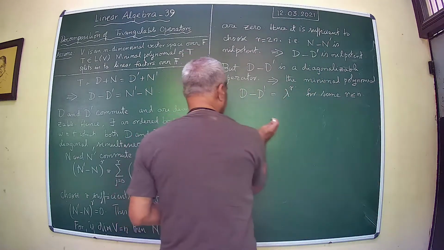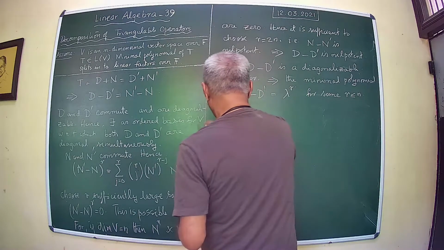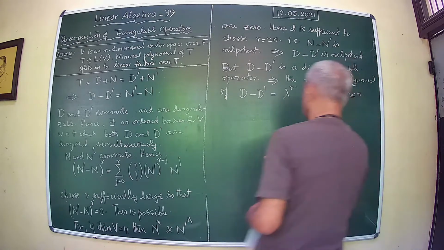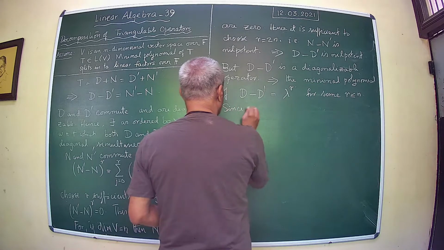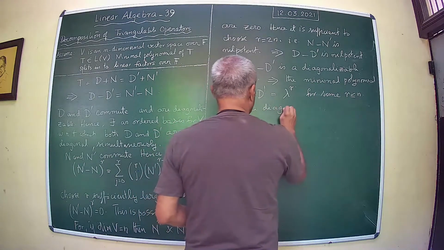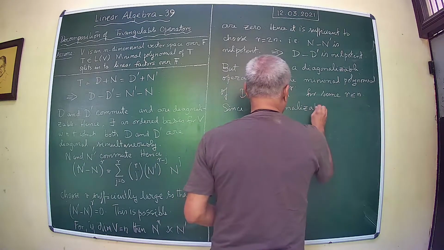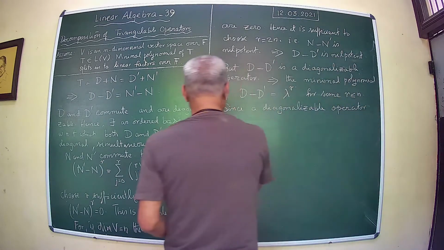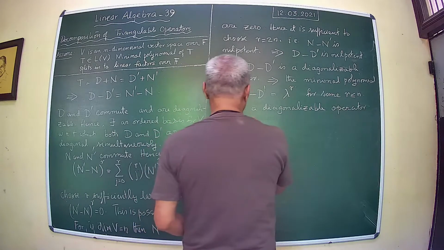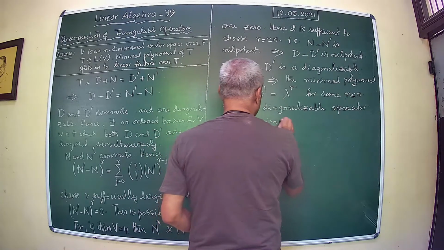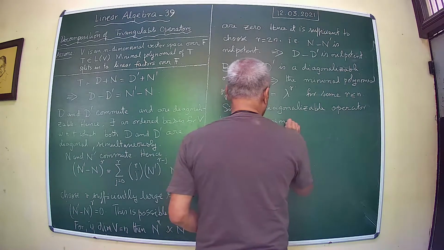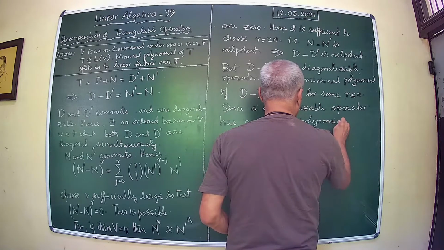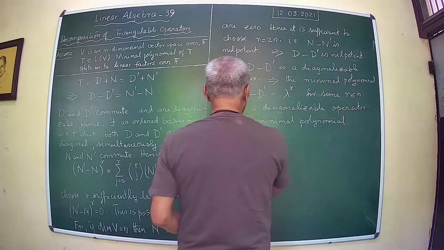So we have seen already that a diagonalizable operator cannot have its minimal polynomial having repeated roots, since a diagonalizable operator has as its minimal polynomial